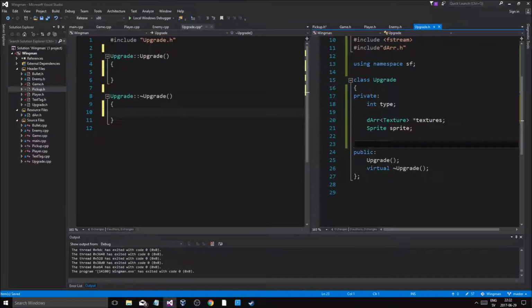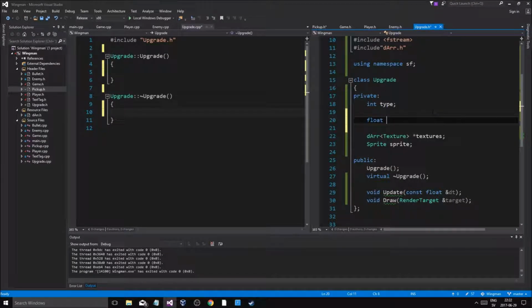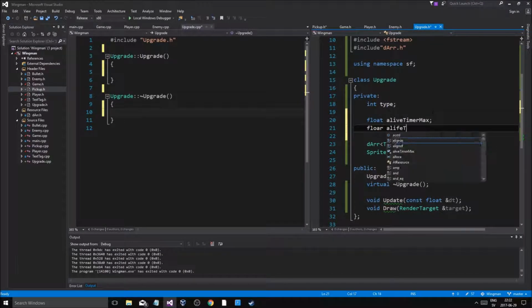So we got a type. We got a texture. We got a sprite. We're good. We're gonna need a void draw, render target as usual, target, like that, a void update with a const float dt per usual, because we're gonna have a timer as well. So let's do the timer here. Float alive timer max, float alive timer,